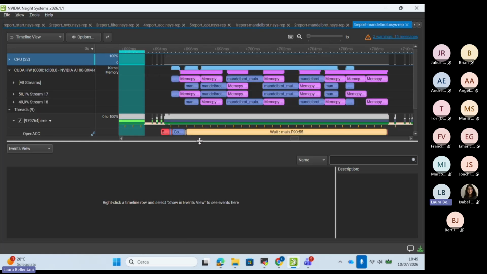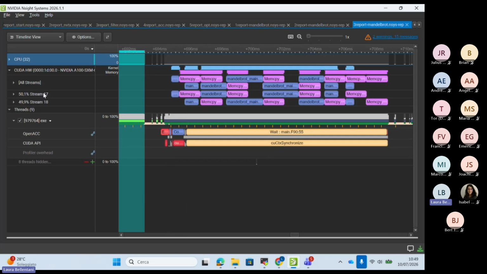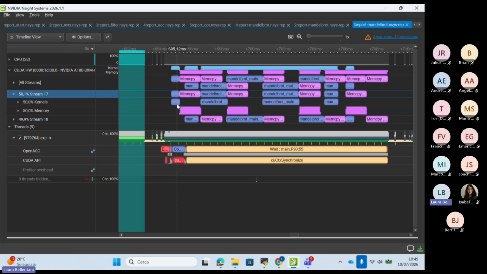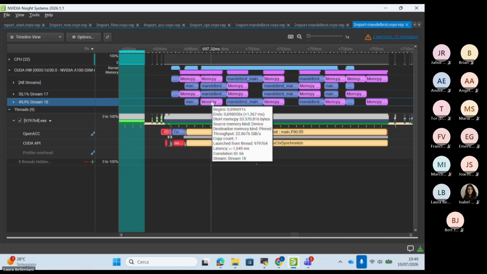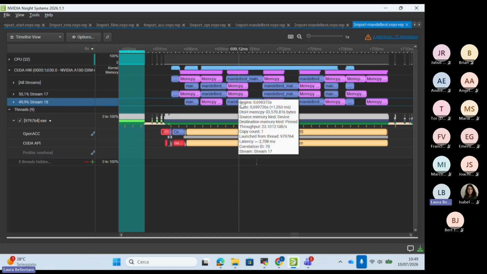So you see here now, for each stream, what is happening: which kernels are running, which data movement for stream 17 and for stream 18. And you can clearly see that here the data movement overlaps with the computation, data movement overlaps with computation, and so on and so forth.